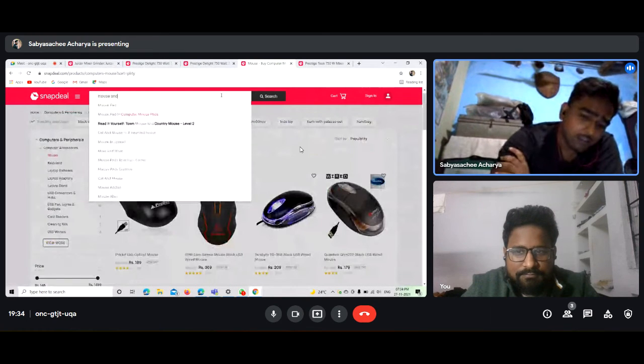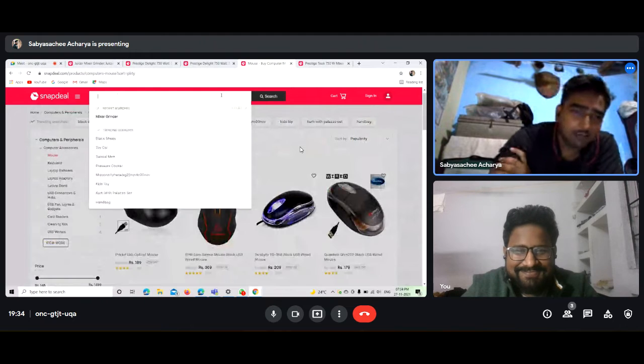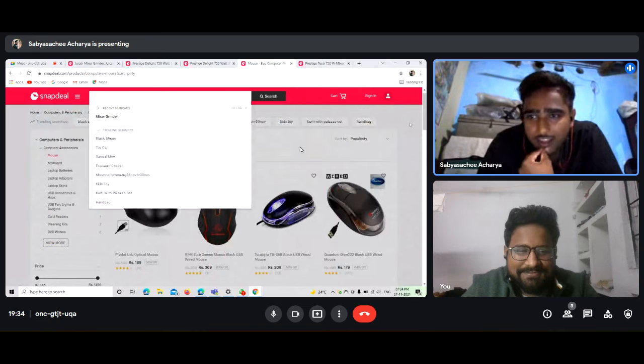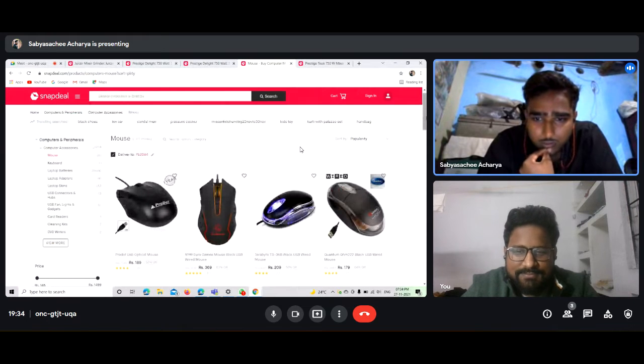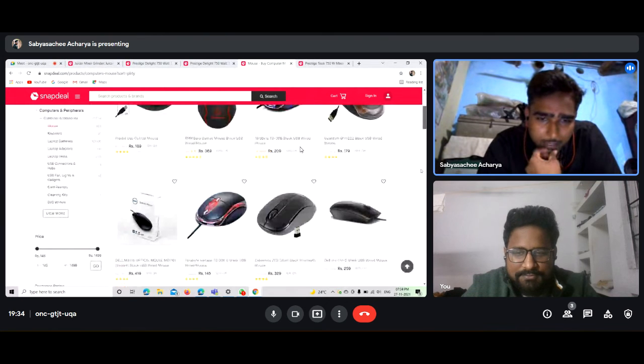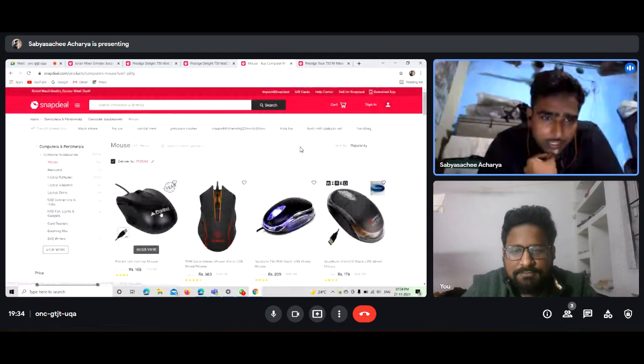Okay, sorry, I don't have to use the search. My bad. So I will first look if any combo is available, or if that is not available, then I will go for the single ones, like I have to order one mouse and then a keyboard.